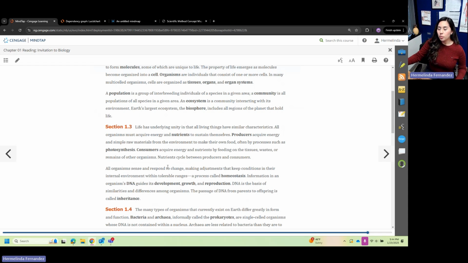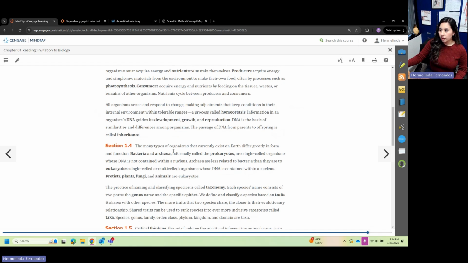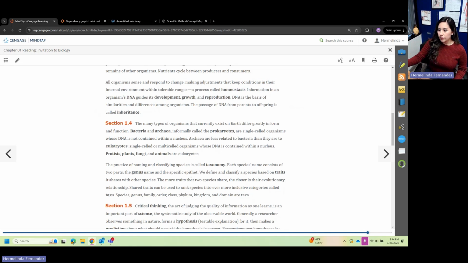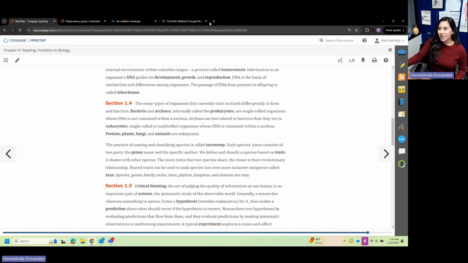All of these go into the same area, so you'll have arrows connecting those. And then you have bacteria, archaea, prokaryotes, eukaryotes, protists, plants, fungi, animals. All of those go into eukaryotes, and you can put them into arrows falling within each other. Okay, so that is essentially how you will make your